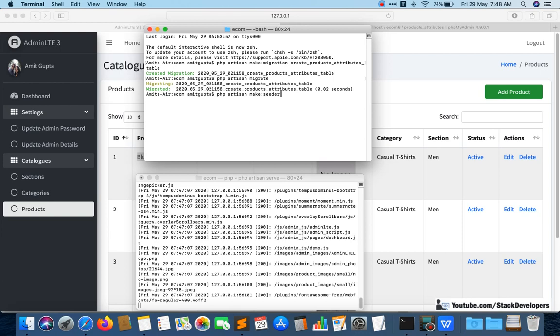There we write php artisan make migration, here we write php artisan make seeder. This is the only difference. So here we will write ProductsAttributesTableSeeder, and it has been created.